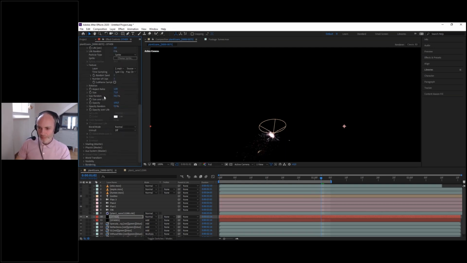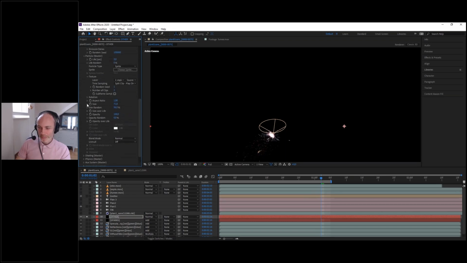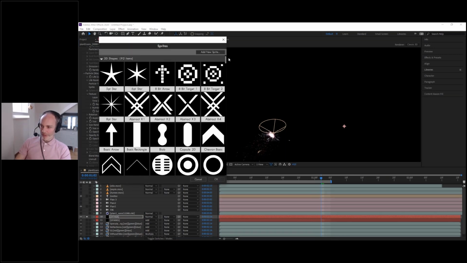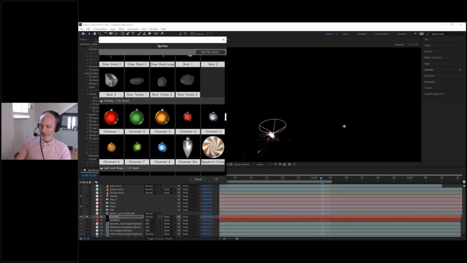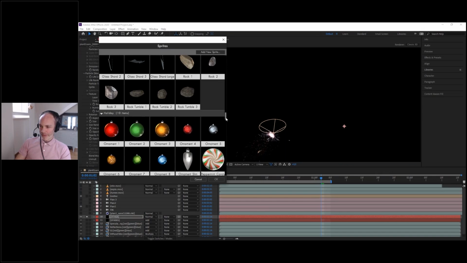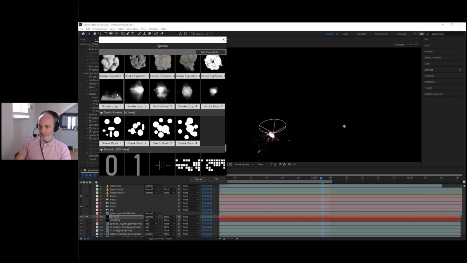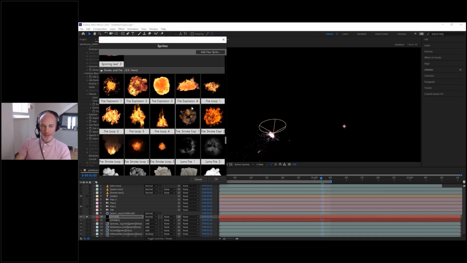You can also have these particle clips inside particular. If you have a moment, Lionel, would you mind just clicking on Choose Sprite, that little button just up a little bit? Yes. There we go. We have a library with several preloaded sprites. Some are vector files here, and we have some movie clips. Those I believe are movie clips. And here we have smoke and fire and so on. So I could have used them, obviously. We have some smoke loops. That's very interesting too. They're included with particular when you install it.